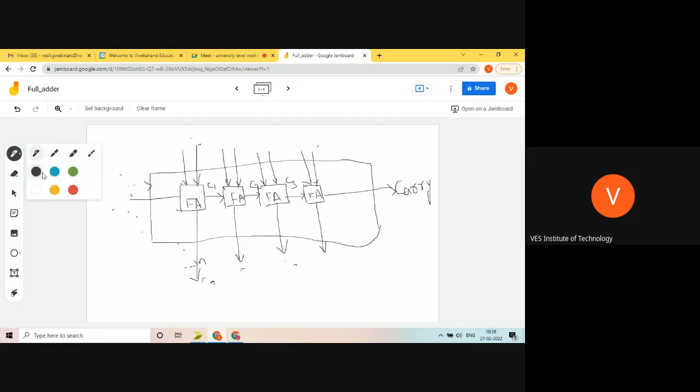So I will write here A0, A in 0, and this is B in 0.